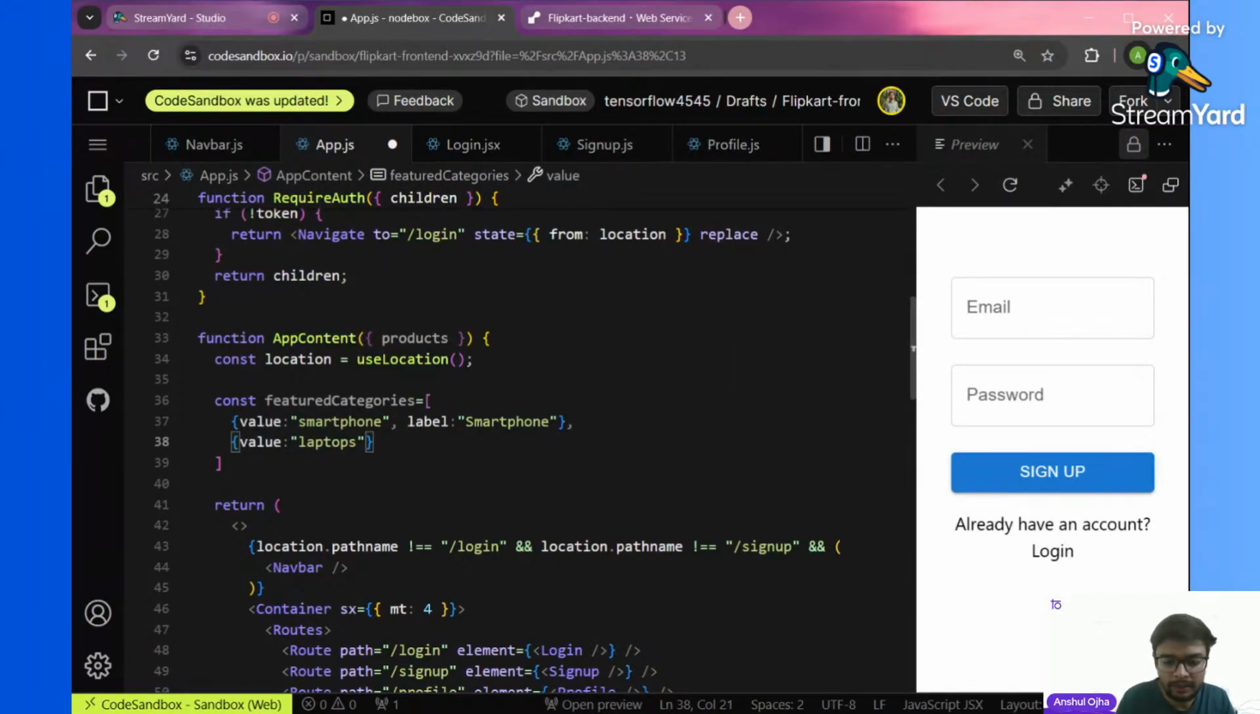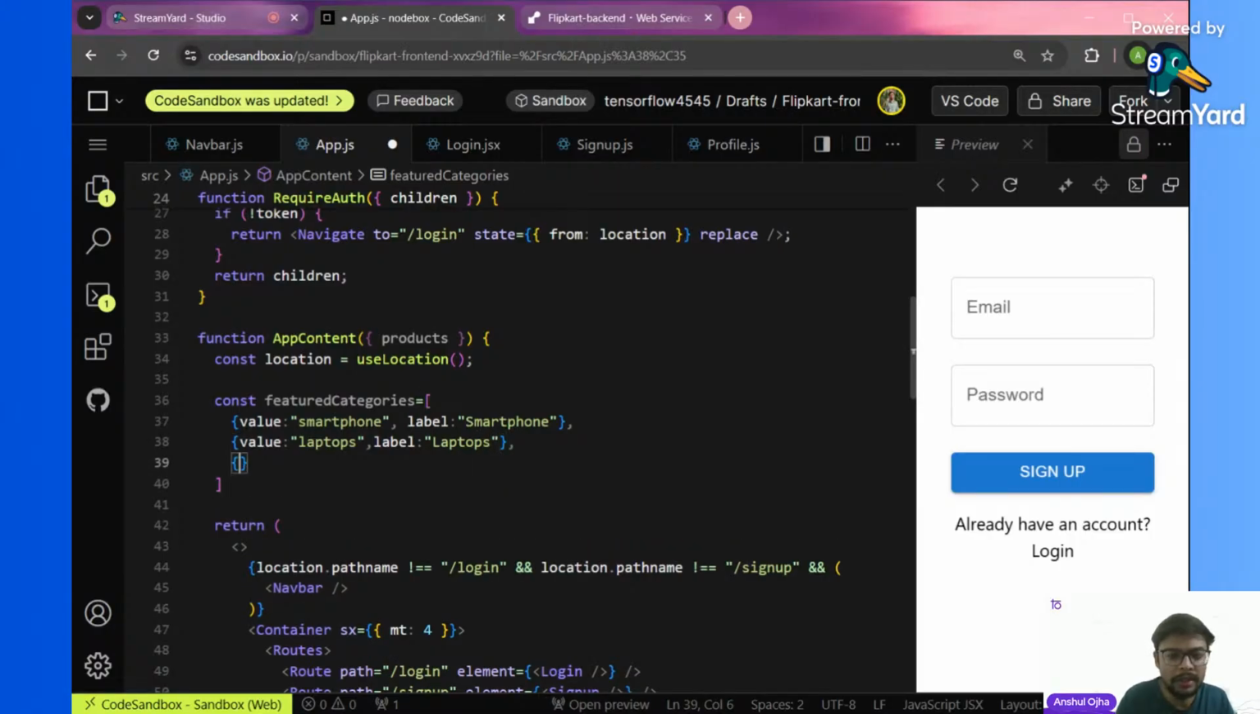Yeah, so the second category, I will keep it as laptops. Sorry, not labels, but laptops. Yeah, so this will be one more field, and then the next field that we will keep is